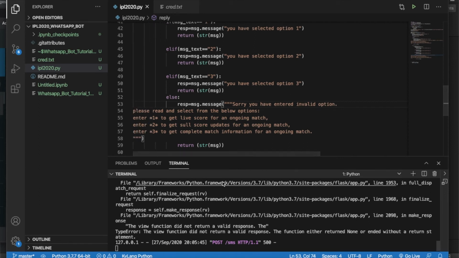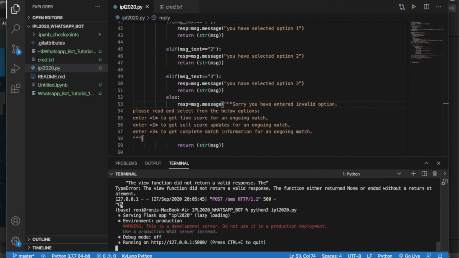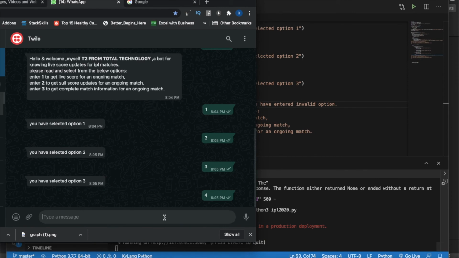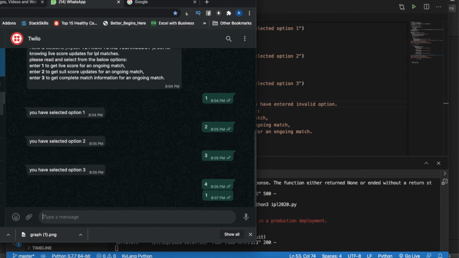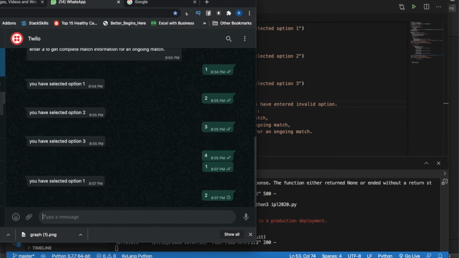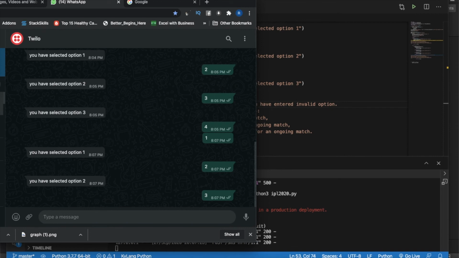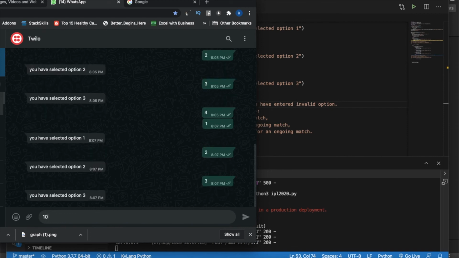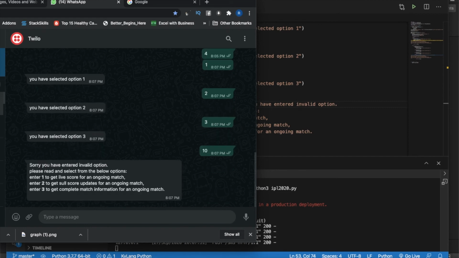Okay, so let's execute this thing, run. Let's try one. I got this. 2 means you have selected 2, 3 means you have selected 3. Cool. So whatever we are trying to achieve, we achieved actually.